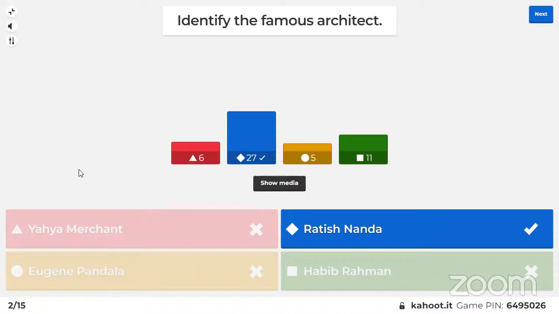All right, time's up. So that is none other than Rahul Mehrotra, the famous Indian conservation architect, and he is the current project director of the Aga Khan Trust for Culture. Moving on,